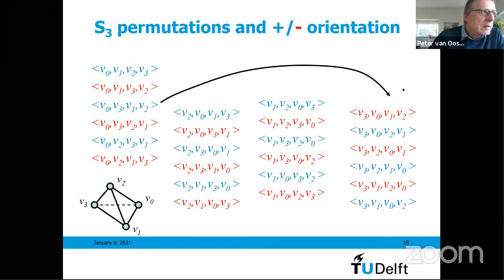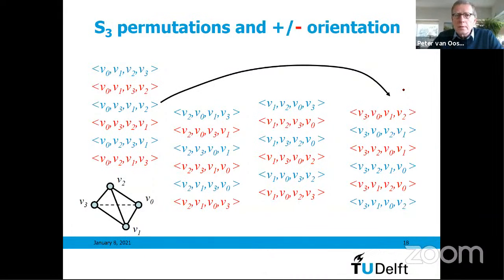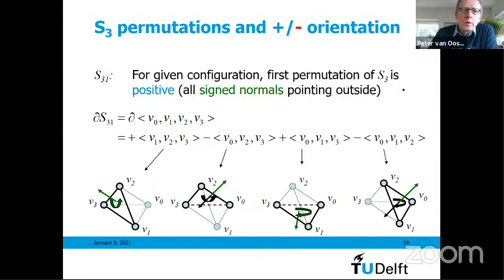Okay, I did not trust the theory of Poincaré. I'm always suspicious. So I did write down all the 24 combinations, and I checked their orientations. And again, I have made two colors, the red and the blue ones, with the positive and the negative orientations, meaning normal vectors of the boundaries pointing outwards or inwards. Okay, look at one example here. So the first